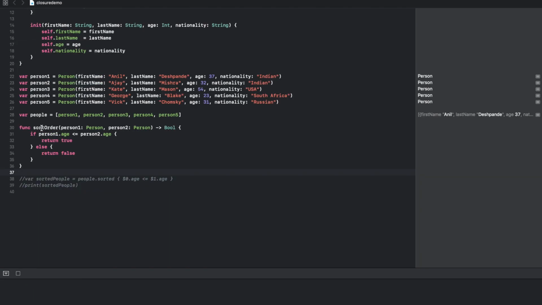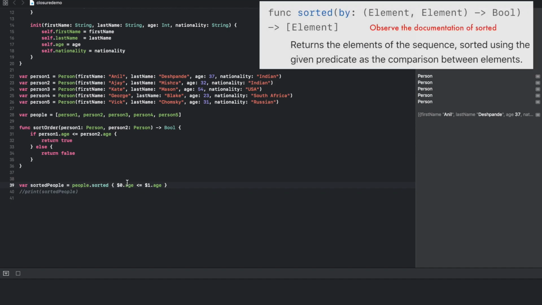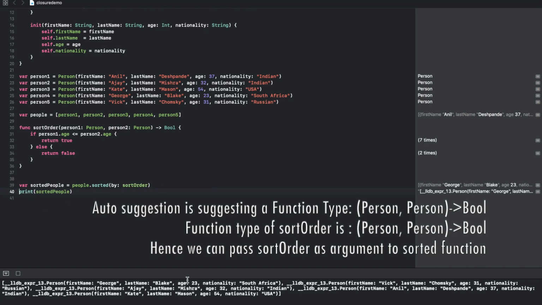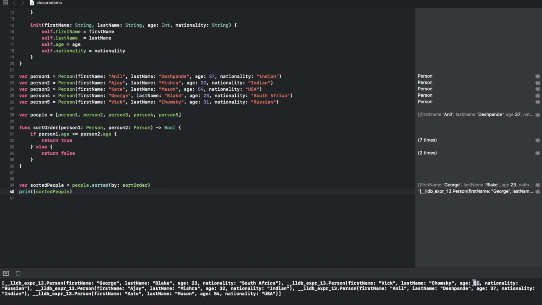So let's try to pass this particular function called sort order as the argument to the sorted method. So let me remove this, and as you can see, as per the suggestion, I can pass sort order and let me print the sorted people, and as you can see, once again it is working perfectly fine